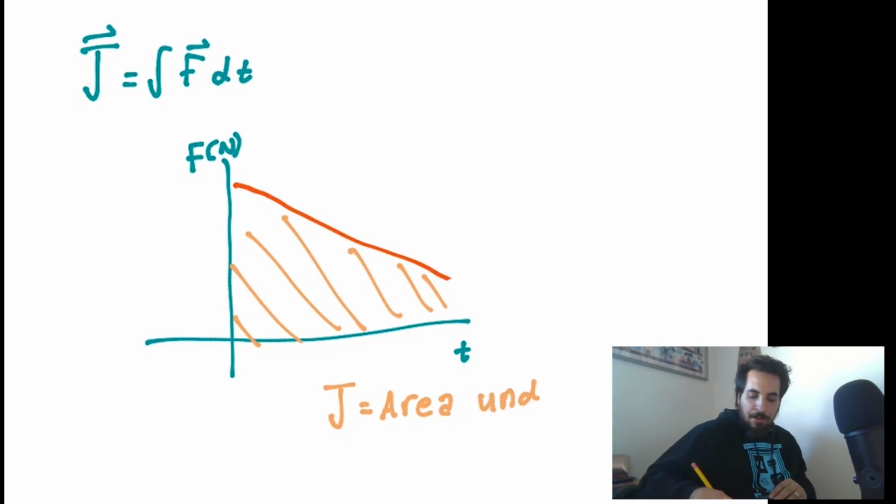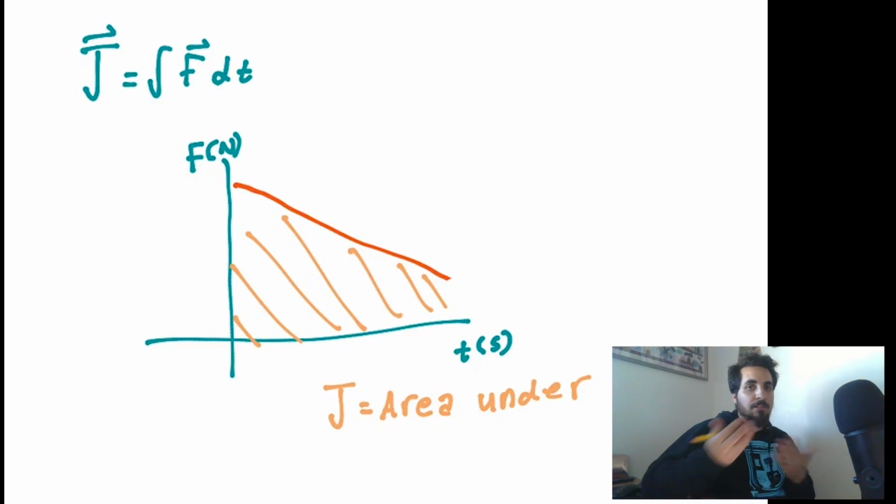So we graph it out. We graph it out and we find that the impulse is the area under the curve of a force versus time graph, and I should probably say seconds, why not? And we then ask the question, well, how does this help us with our problem that I initially said about defining our impulse?